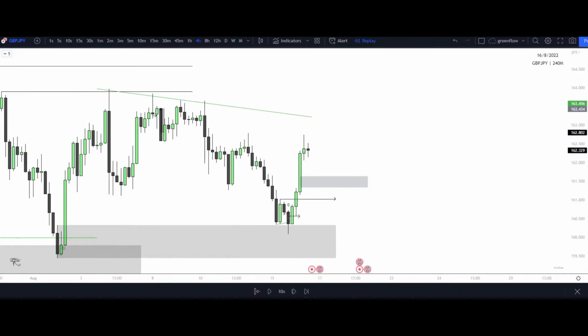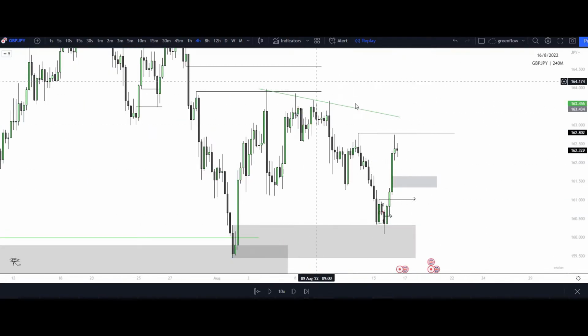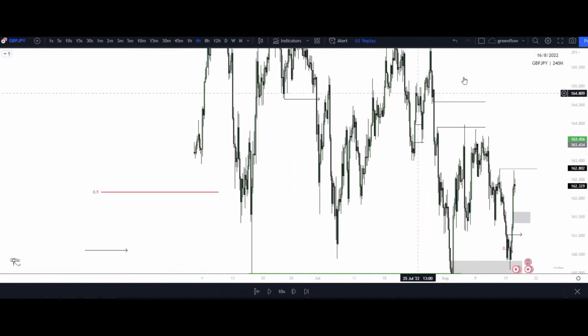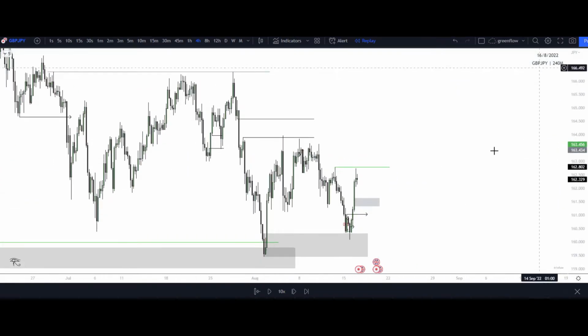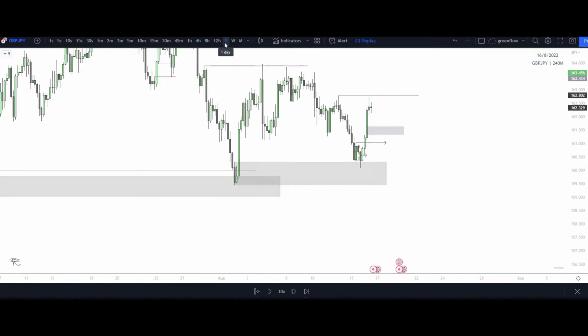We can already see buy side liquidity that is being formed, right? More relative equal highs by more relative equal highs, right? With more relative equal highs as we're breaking structure to the upside, giving reason to continue to the upside. That's what we want to see, right? We don't want to see liquidity being taken within our way and then the non-continuation, meaning we just raid these lows, come up, respect the high, continue to the downside. That's not telling us what we want to see. We want to see these imbalances created on the long side, right? All of this price action. Let's go to the daily time frame.